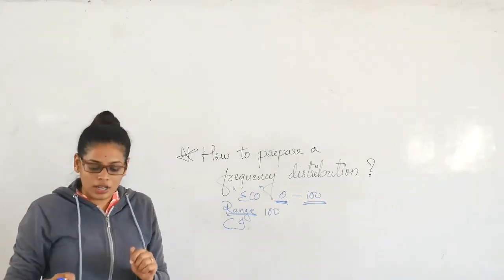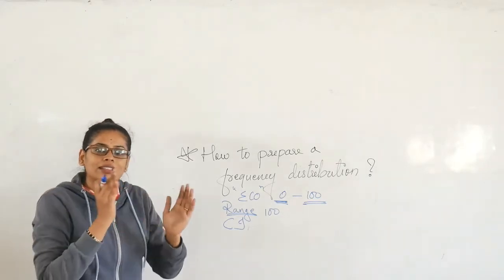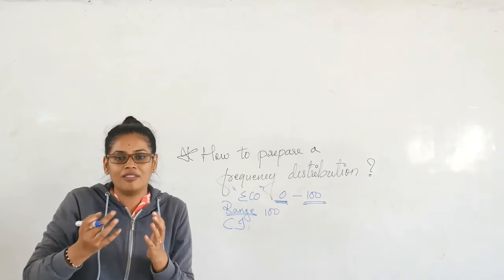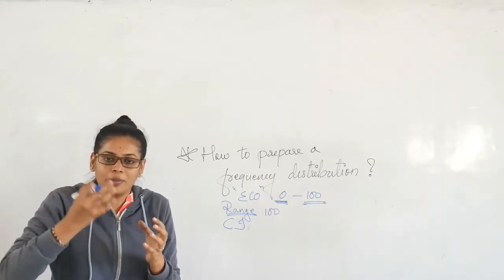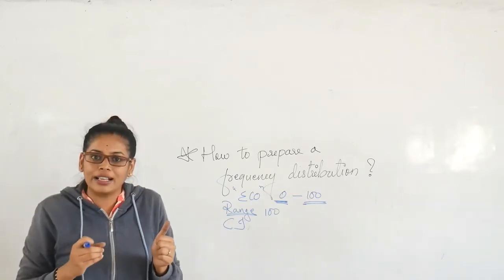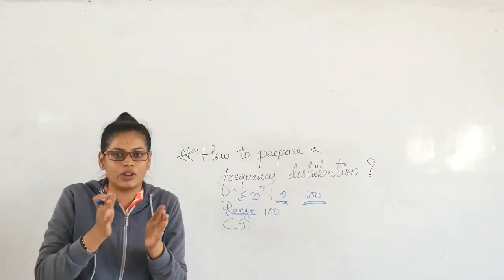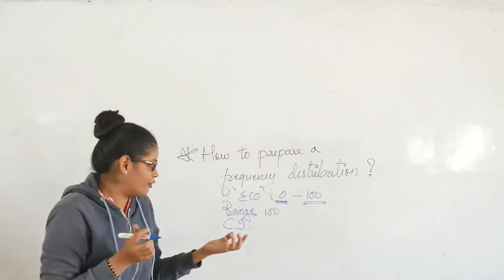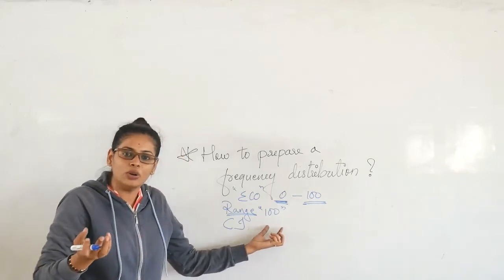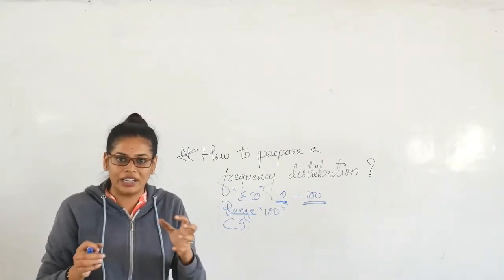And the second question talks about what should be the size of each class. These two questions are interlinked, right? When we are deciding how many classes we should have, it is interlinked with what the size of the class should be, because unless you know the range of the data which you have, for example we had this 100, how can you come to a decision about what the size of that class should be? It's quite difficult for us, right?